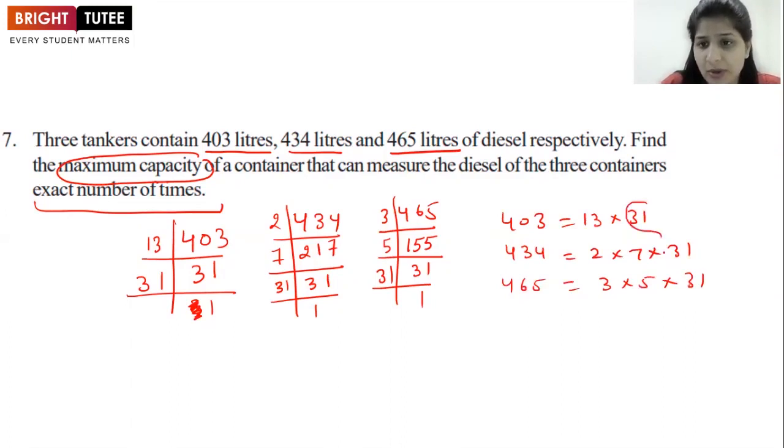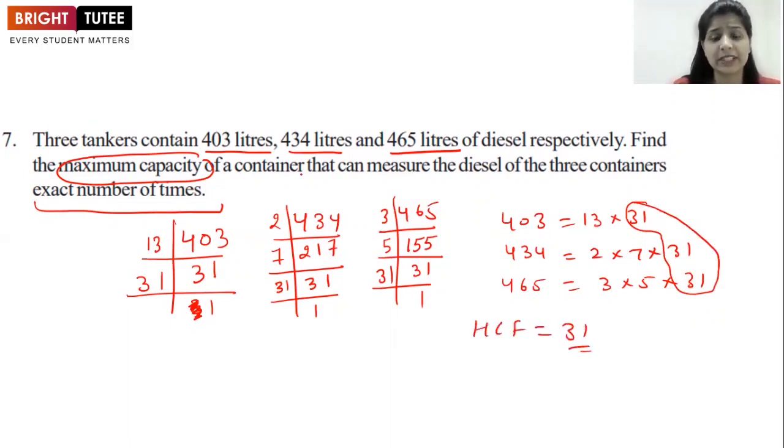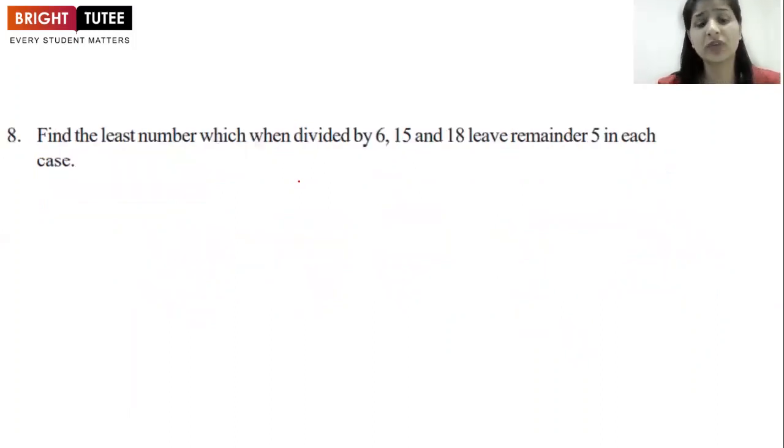Now what is the common one out of these? Just see, 31 is present in all of them. So the HCF would be 31. So the maximum capacity of the container would be 31 liters. Clear? The next one is we have to find the least number which when divided by 6, 15 and 18